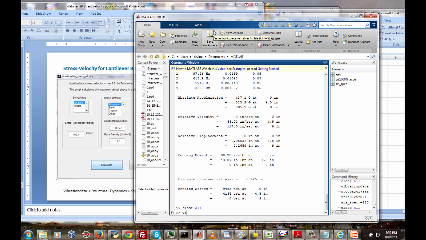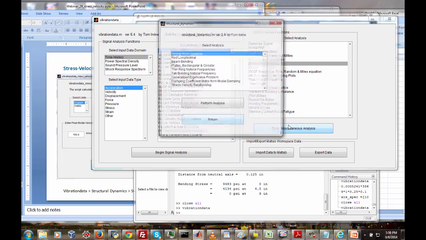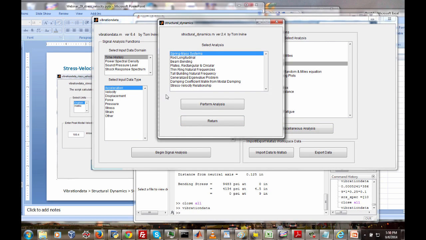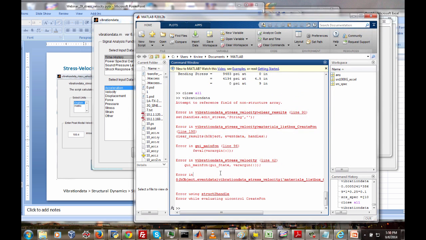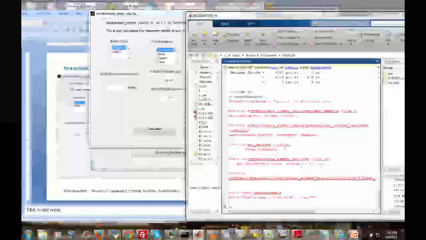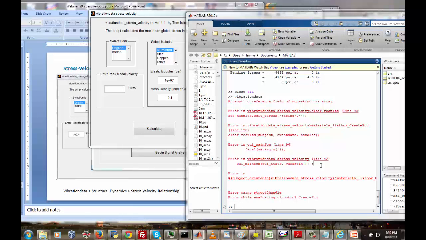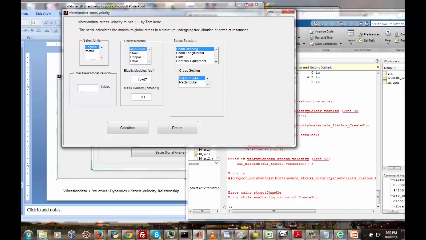Okay, let's go to vibration data. We're going to go to structural dynamics, and then we're going to go to the stress velocity relationship for structural dynamics. The first thing I do is see that we have a little bit of error message, and these things happen. So we attempted to reference the field of a non-structure array, which is edit stress, and I'm not sure why that happened. I may end up doing some in-class debugging here, but